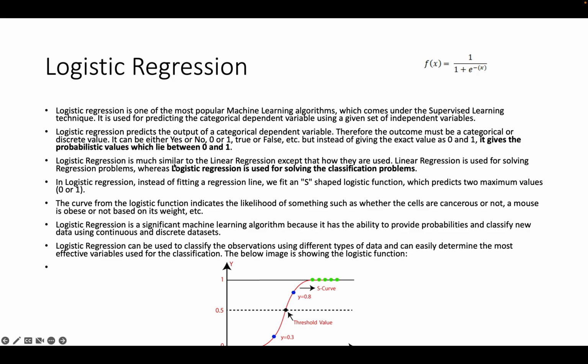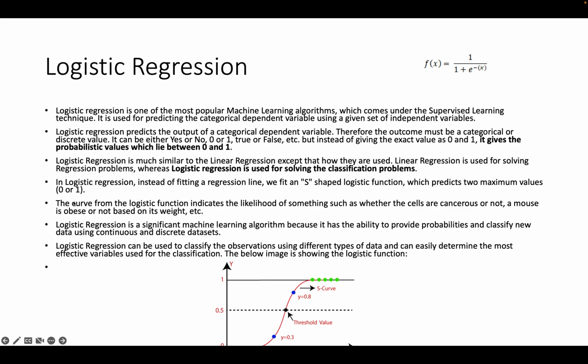Logistic regression is much similar to linear regression, except in how they are used. Linear regression is used for solving regression problems, while logistic regression is used for solving classification problems. I already explained this. In logistic regression, instead of fitting a regression line, we fit an S-shaped logistic function. This S-shaped logistic function is what they call sigmoid, okay, which predicts two maximum values, 0